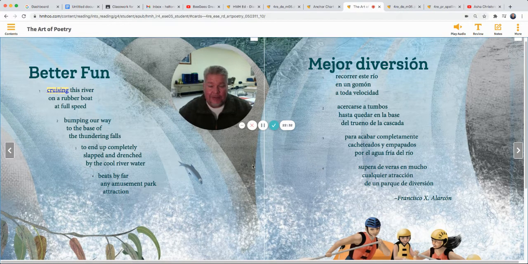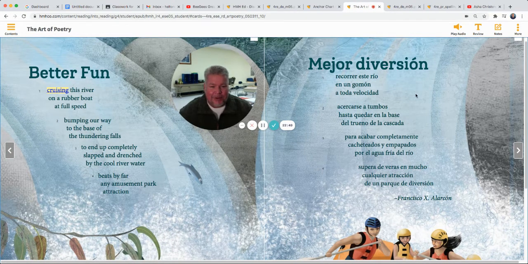But finally, the river slowed down, and I grabbed a hold of another raft, and they pulled me up on their raft and I had to go on a different raft the rest of the ride. That was scary. It was exciting for sure. I don't know if it was better fun or safer fun. It was fun. It was scary fun.